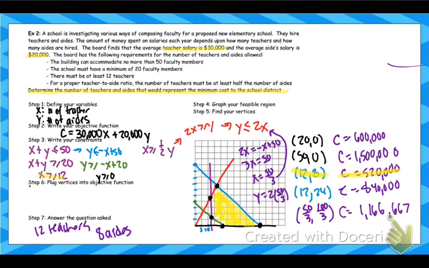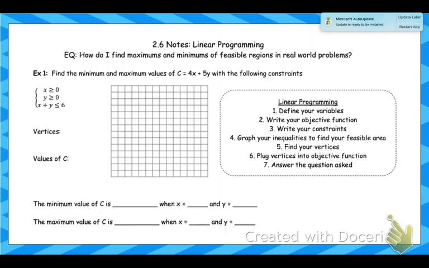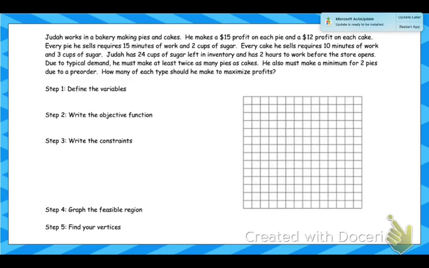All right, so let's do the same process, just with a different example. If you feel comfortable with this, you might want to try this one on your own, at least in little parts of it. So try to figure out your variables, your objective function, your constraints. You can pop back in and check to see if you got them right. All right, so on this first one,